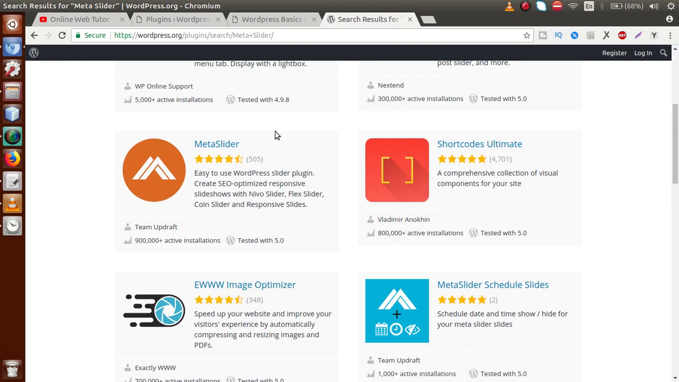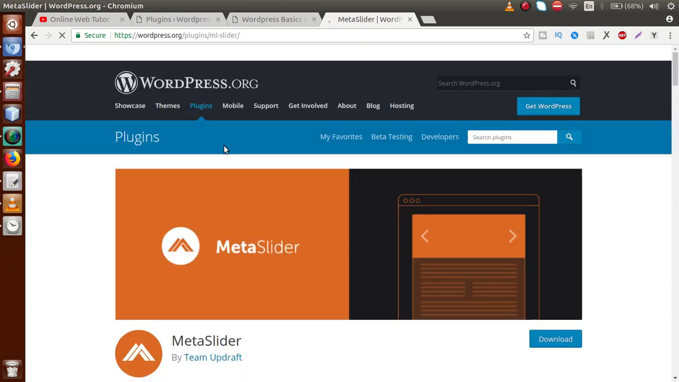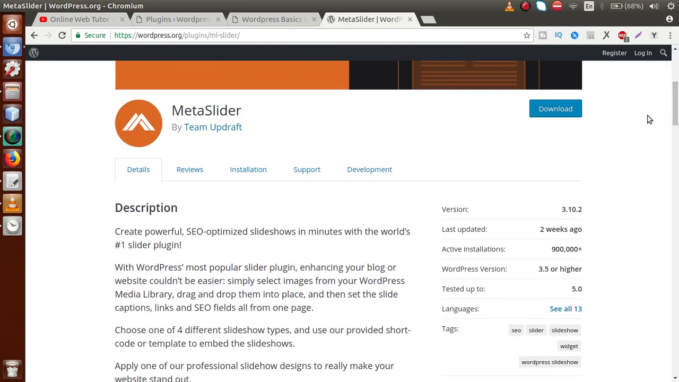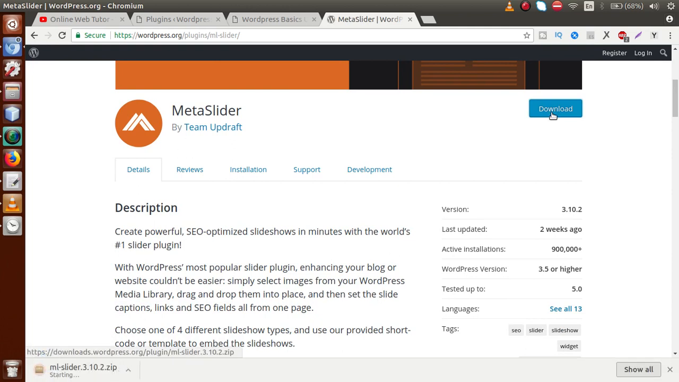Now we are going to install, guys, the plugin called Meta Slider. I'm going to click on this plugin. Here is a button called download, so we are going to download this plugin. By clicking on this button, guys, it will download a zipped folder to your local